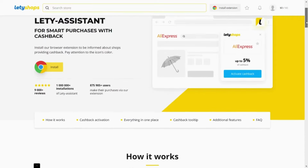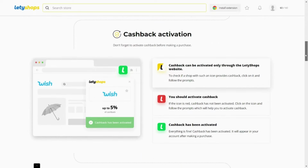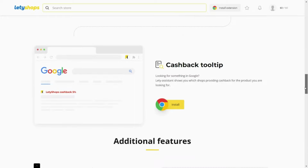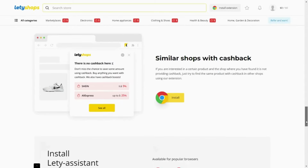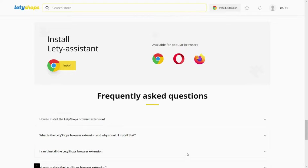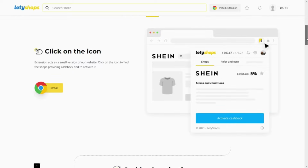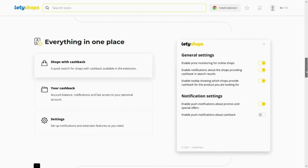LetyShops also offers a convenient plugin for Chrome, Firefox, and Opera desktop versions to make earning cashback even easier. The plugin will notify you of cashback bonuses available at the store you are shopping at, and the amount of cashback you can earn. To use it, simply click on Activate Cashback and make your purchase. For more information on how the plugin works,